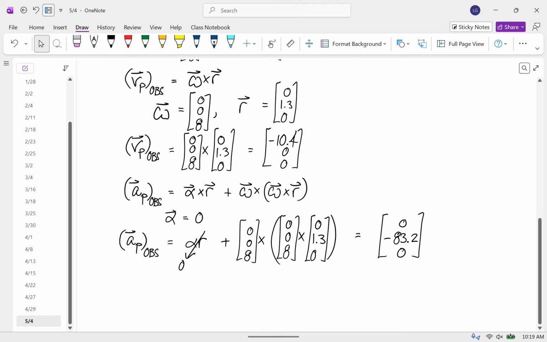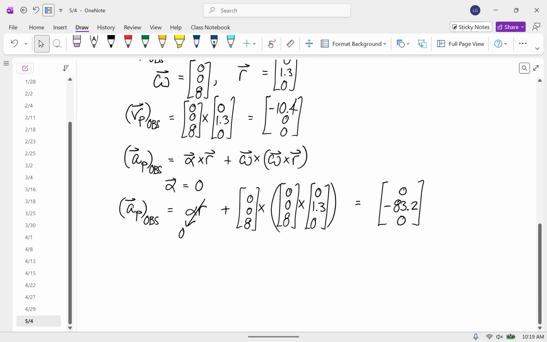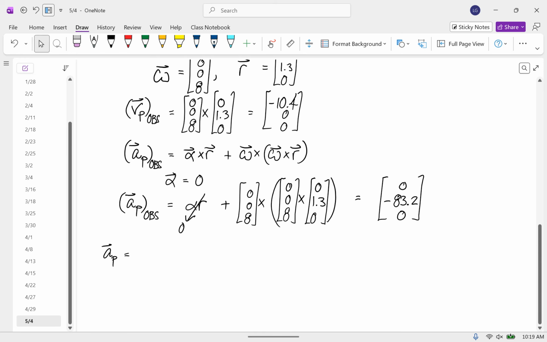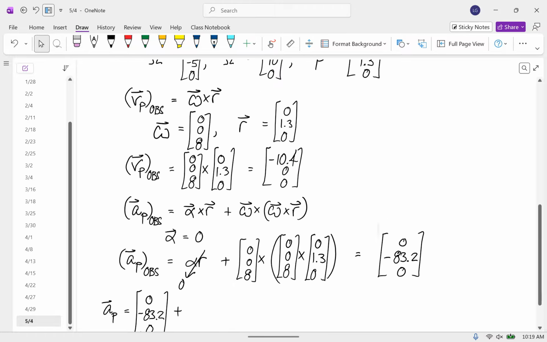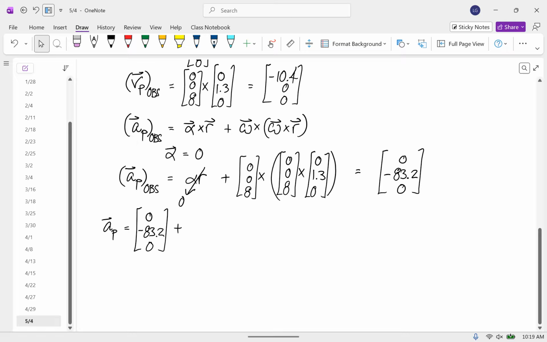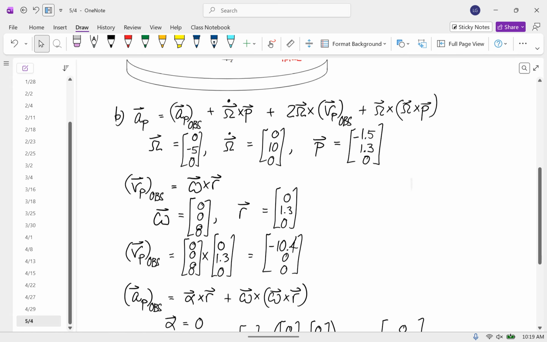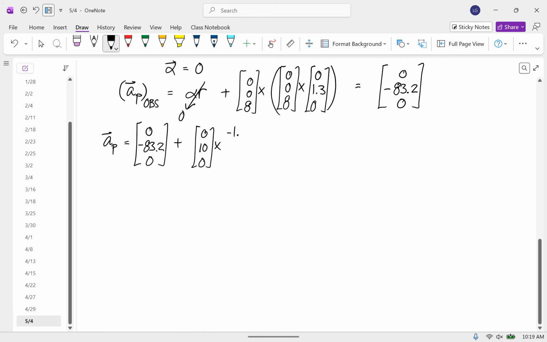And now it's just a matter of putting everything together. So our acceleration is equal to the observed acceleration plus the angular acceleration of the coordinate system. So 0, 10, 0, crossed with the p vector, negative 1.5, positive 1.3, 0,